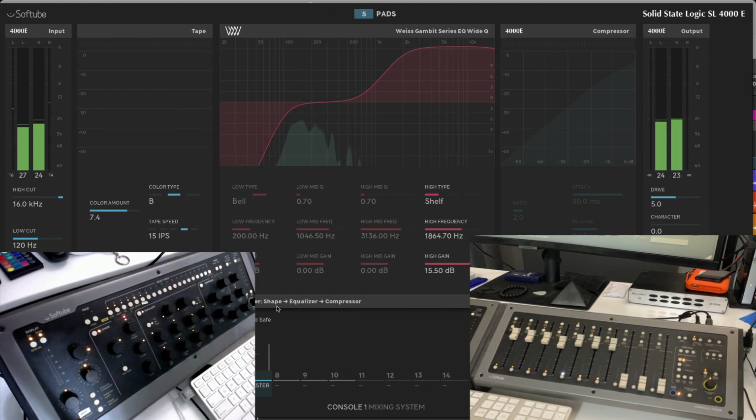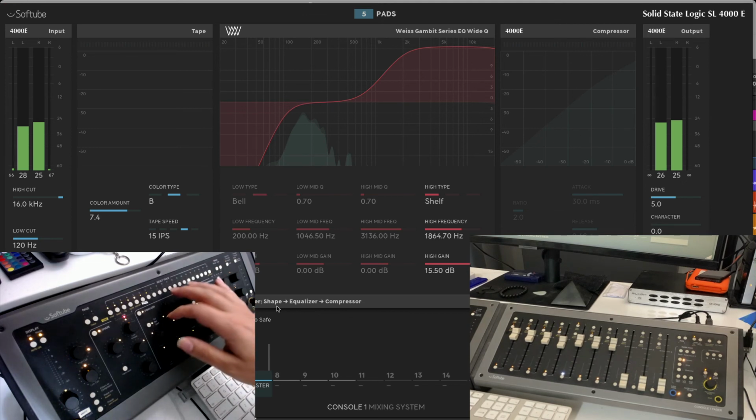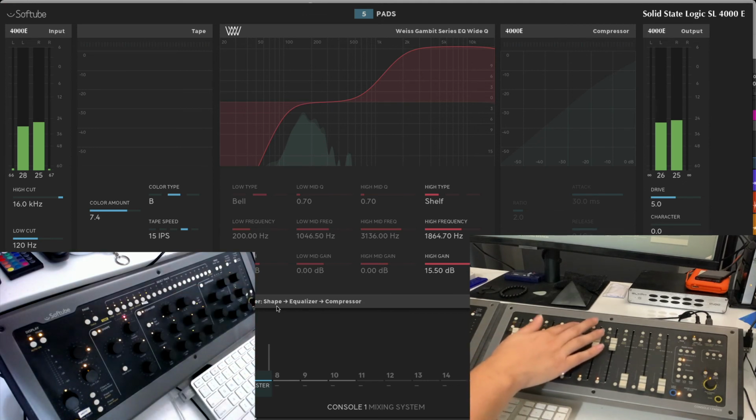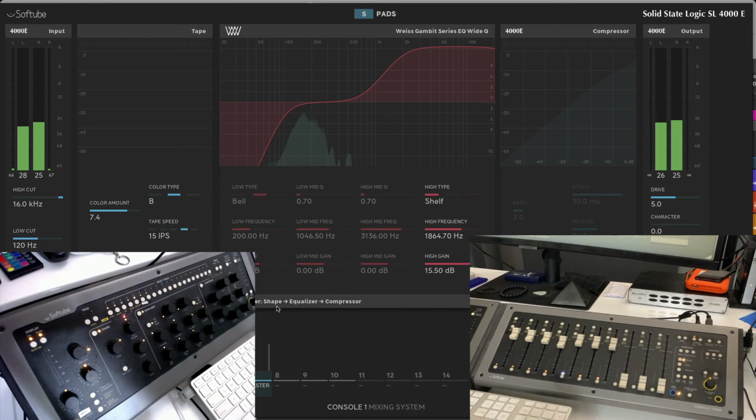Let's add that back to the picture. Do you hear that hissing, that beautiful tone that's just starting to come out? Now, these Gambit series are known for being very clean as well. So let's go ahead and finish off here. Let's go ahead and clear solo. And then let's go to the